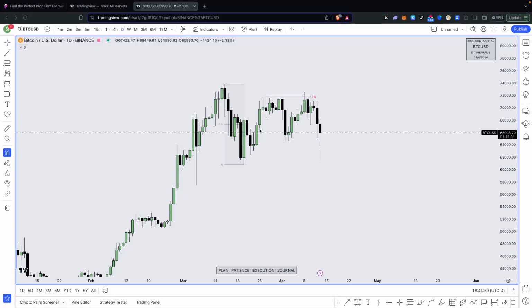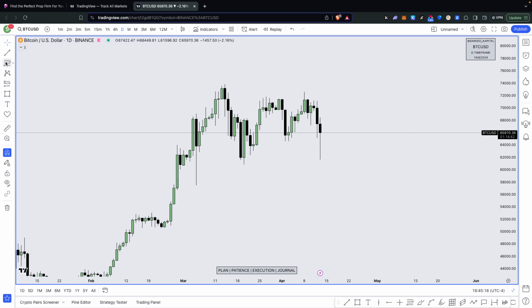Hello guys, today I'm going to be teaching you about turtle soup and the breakaway gaps, okay? How to build a model using turtle soup and the breakaway gaps. So here I'm going to be showing you a nice setup that just formed on Bitcoin, and I'm on the